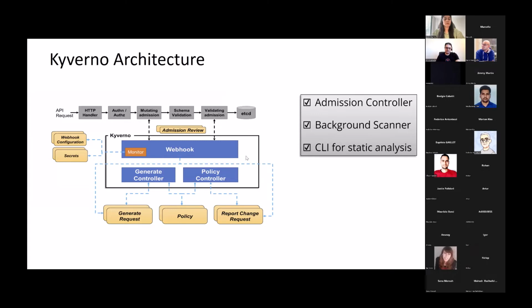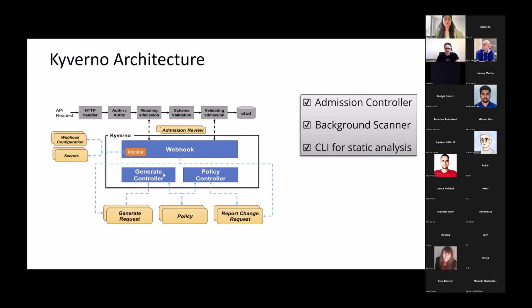Now, how this works within your cluster, just to quickly explain. Kyverno can be operated in 3 different modes. By default, when you install Kyverno, it registers as an admission controller, which means for every API request going through Kubernetes, and of course everything in Kubernetes flows through the API server, Kyverno can apply either mutating or validating checks. Based on your configured policies, Kyverno automatically configures the webhooks for receiving the requests for those policies. And then internally, it builds a policy cache from which it can apply these mutating or validating changes,